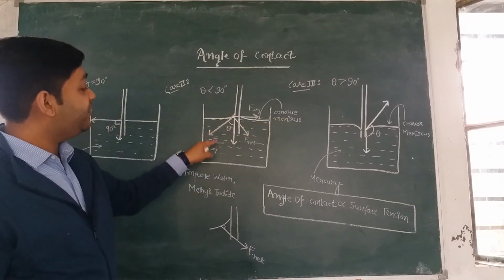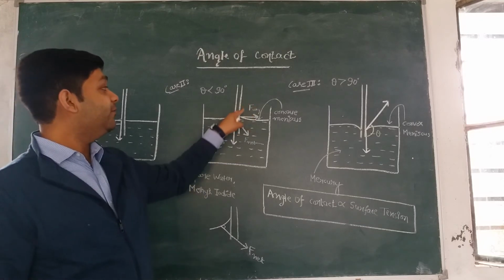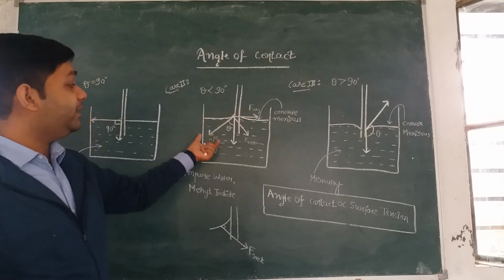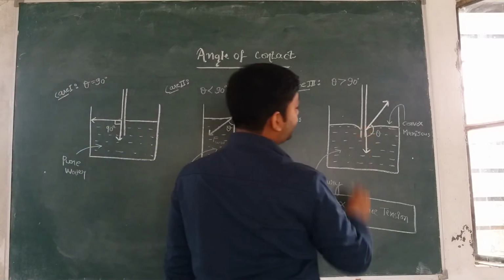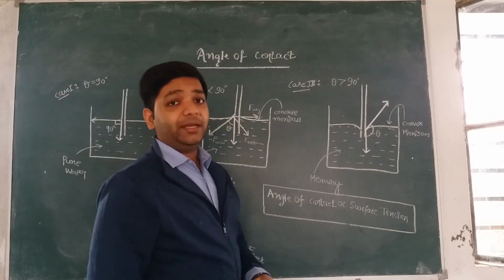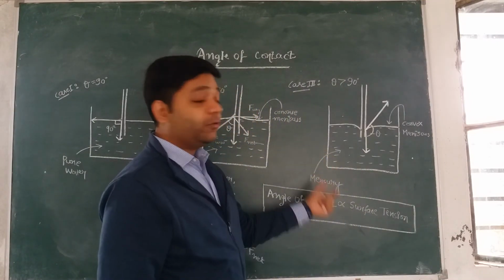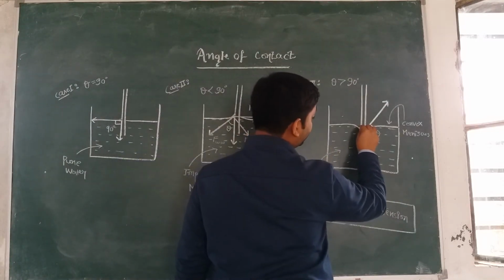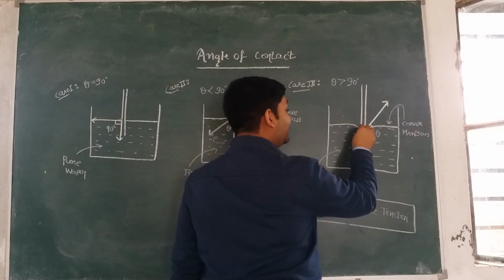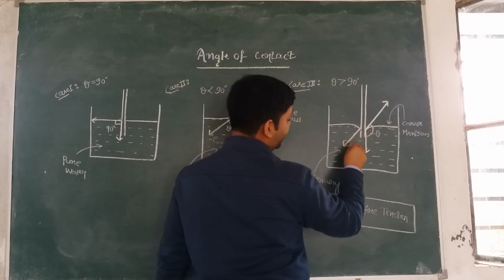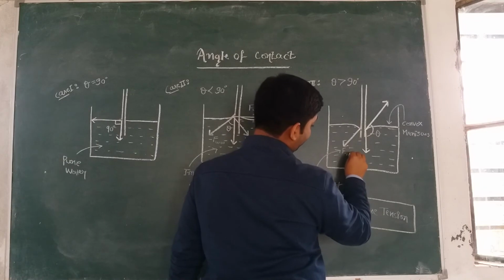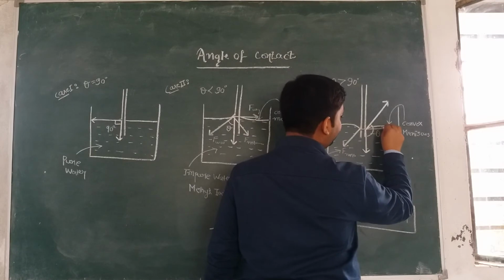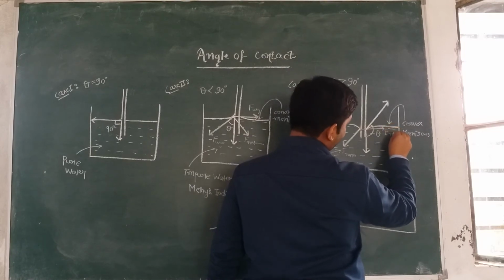Why? Because the force between water molecules is less than the force between water and glass molecules. Here, adhesive forces are greater than the cohesive forces. Now, if we talk about mercury, we know in mercury the cohesive forces are very high. So let us again draw the forces at the point of contact. Suppose we take a molecule like this, and this is the force between mercury molecules. Let me write it here, Fmm, and this will be the force between mercury and glass molecules.